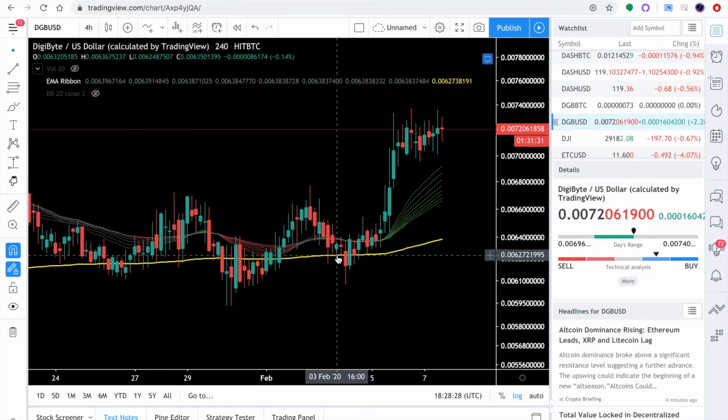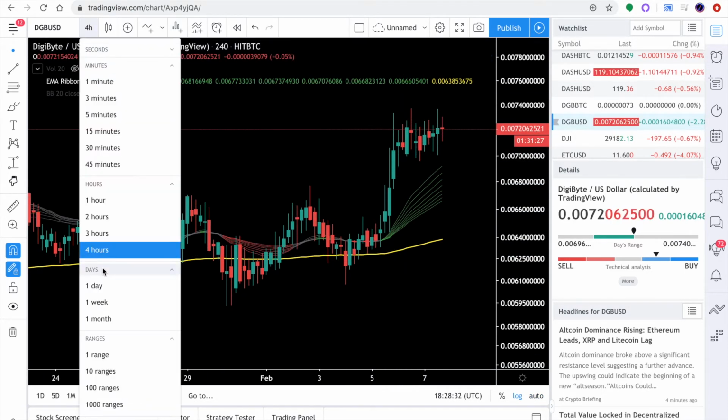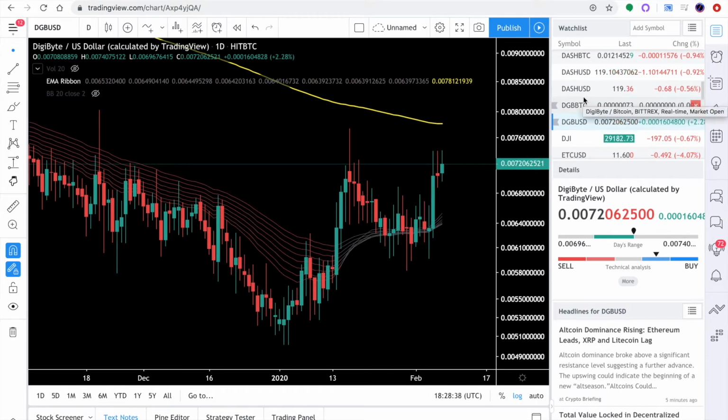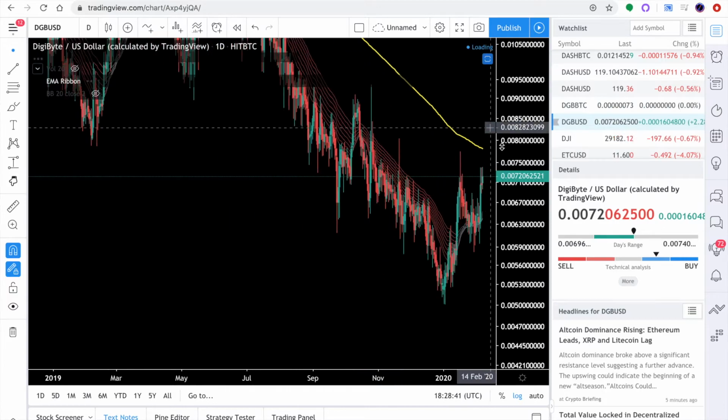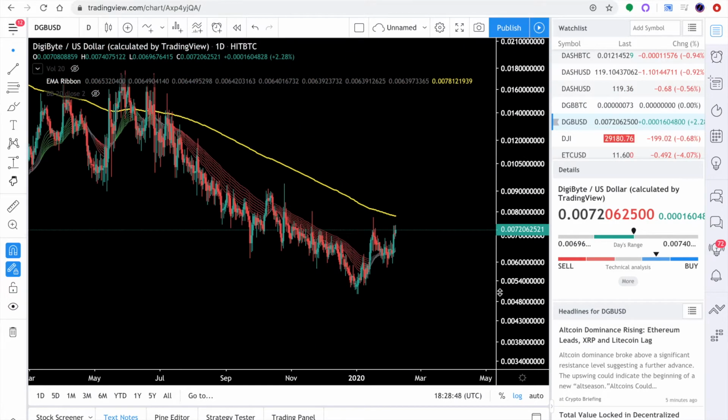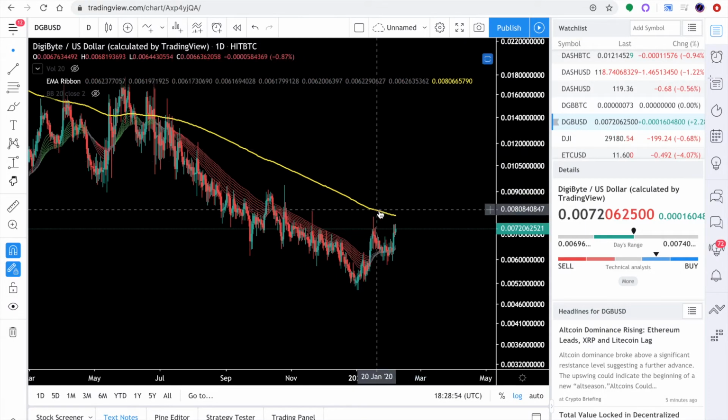4 hours bullish. It had support along the 200 period moving average. The daily hasn't broken. A lot of alts broke their 200 daily EMA. The problem is, like I said, this data only goes back to a little less than 2 years ago. So I don't remember exactly how the Poloniex chart looked with the EMA ribbon and the 200 daily EMA. So I can't give you a definitive answer, but if we do touch like 80 sats,